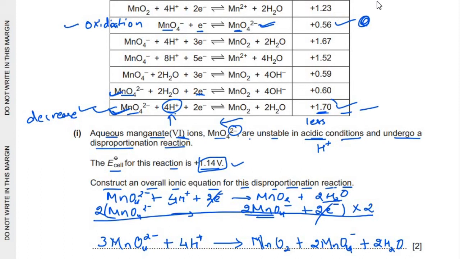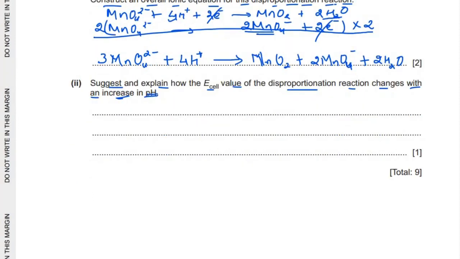I hope the point is very clear that with the increase in the pH, the concentration of H+ decreases. As the H+ ions decrease, the equilibrium shifts left side, producing more electrons. The positive value becomes less positive. So if the bigger value decreases, the value after we get the subtraction also decreases. So how is the E cell value going to get affected? The E cell value decreases